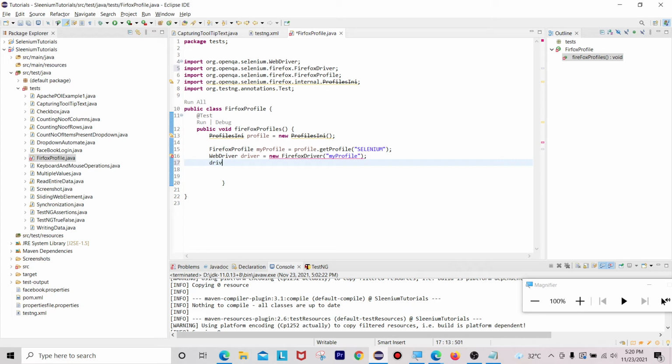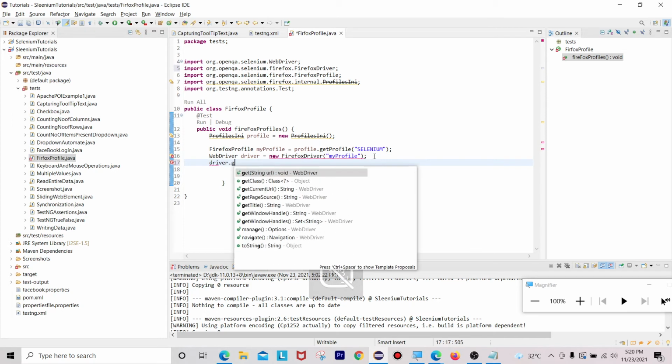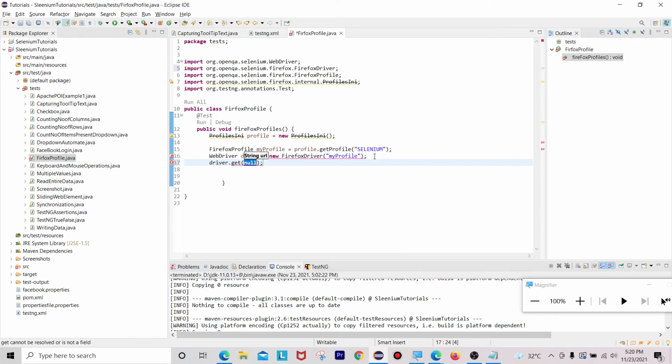So now I am using driver.get, string URL, https://www.google.com.